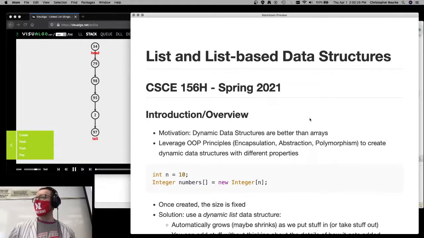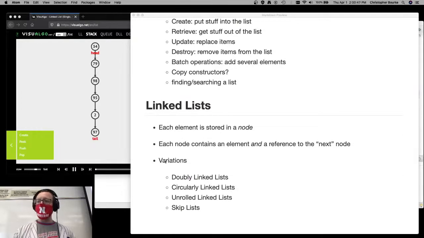Right. All right. So today, remember we got to cut early, so we're going to finish up lists and list-based data structures. We already really finished up lists already with array-based list and linked list. But just as an end cap to that, I do want to mention several variations on linked lists, including doubly